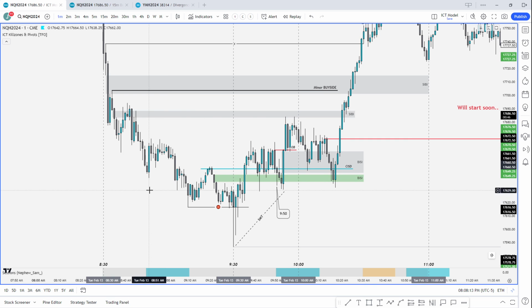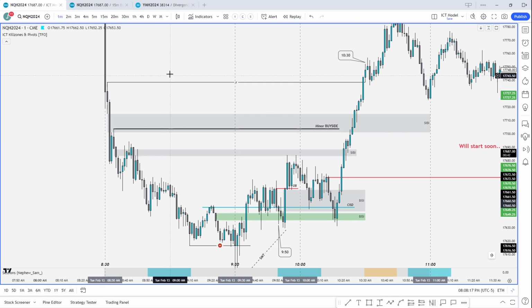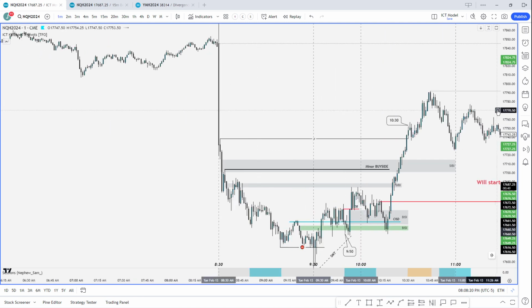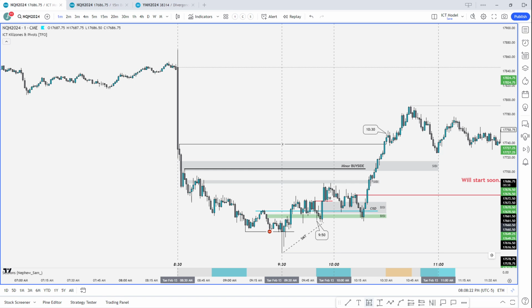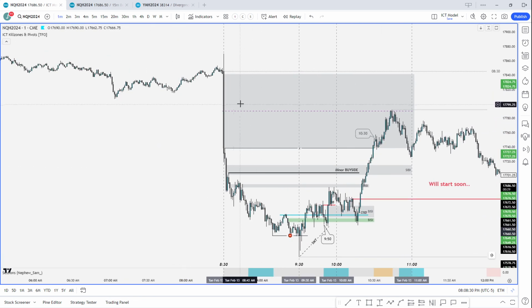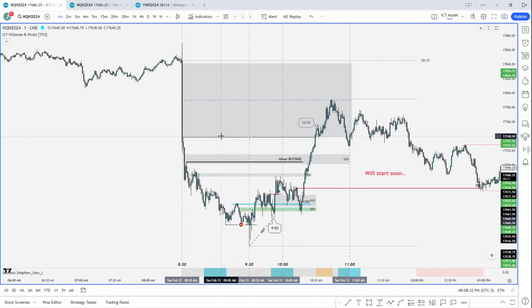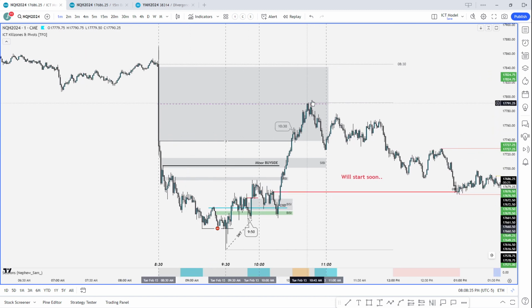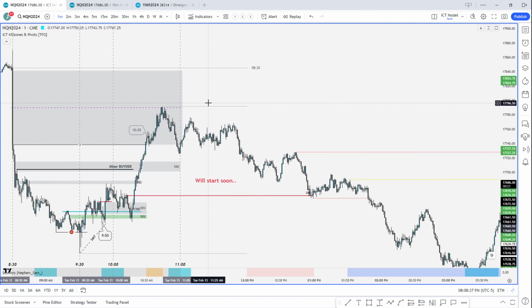Why do we consolidate at CE of news fair value gap? I expected a more impulsive move, almost like we created a 15-minute order block. So obviously with these larger moves, these larger fair value gaps, we're going to be anticipating, we split this in half, anticipating a move up to 50%, even 25% and 75%. But if we're truly bearish for the week, we may actually leave this portion unfilled, but